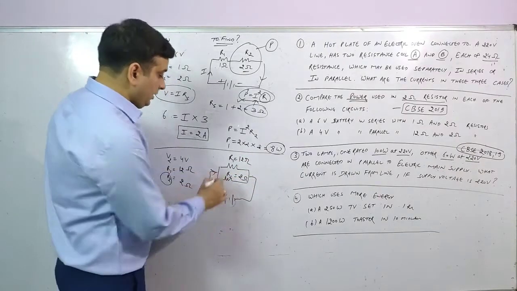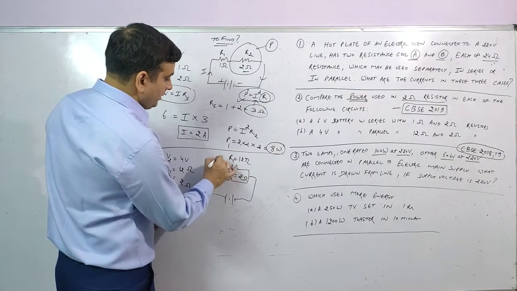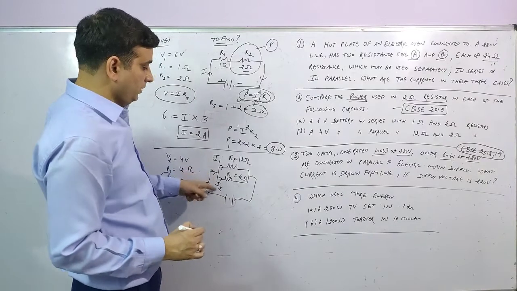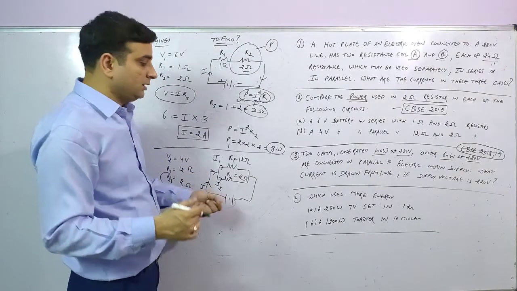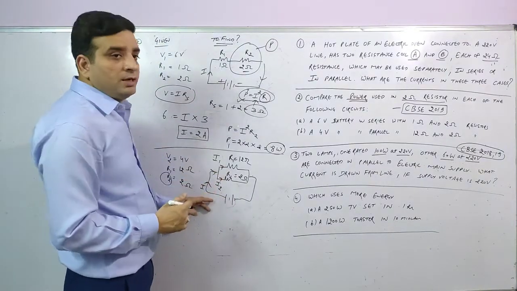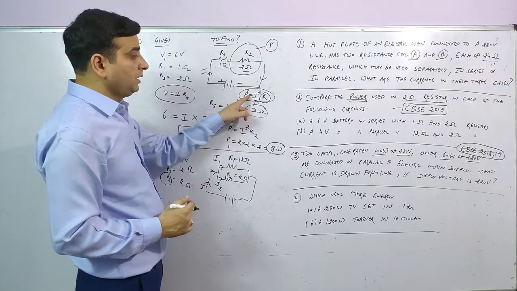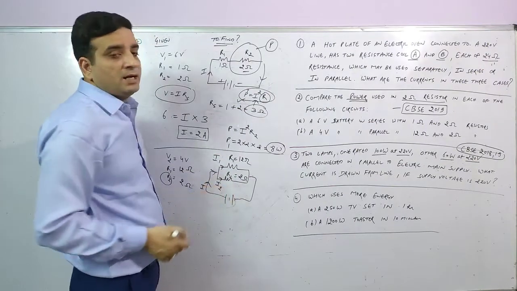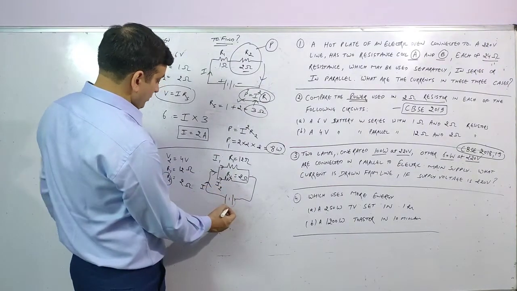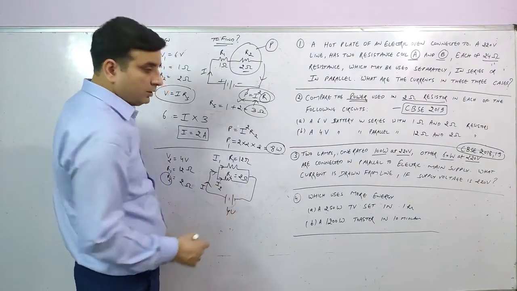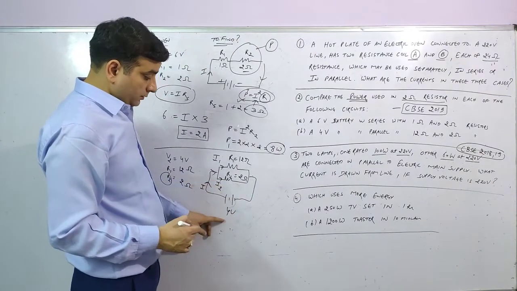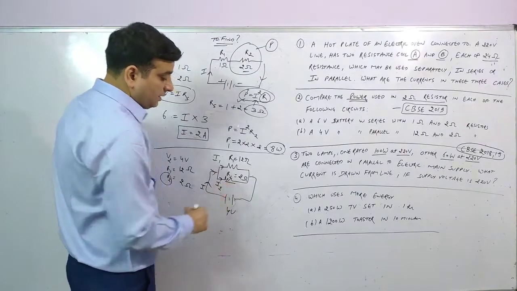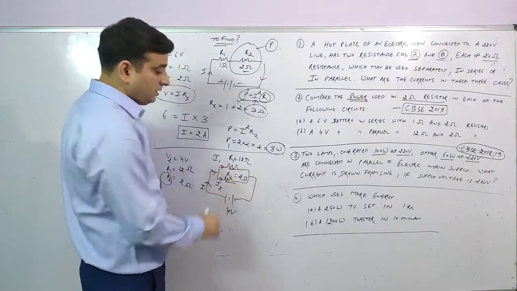So either we calculate, क्योंकि करंट यहाँ से जाएगा, it will be divided into two parts, I1 and I2. So either first we calculate the value of I2. So rather than calculating the value of I2, so that we can calculate the value of power, we can simply use the basics of parallel combination. What is potential given? 4 volt. So potential difference remains same throughout the parallel. तो यहाँ पे भी potential difference क्या है? 4. यहाँ पे भी potential difference क्या है?